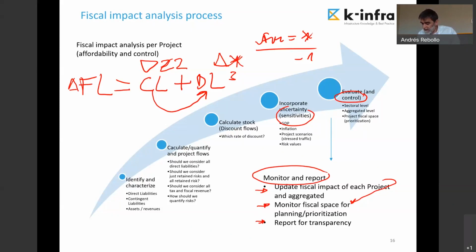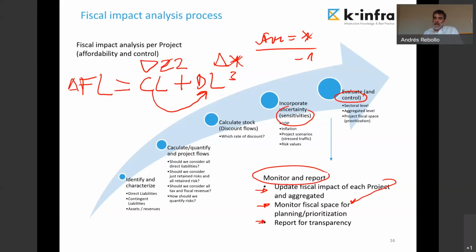Cassandra is asking, and this is the last one that I have here in my list. So if there are more questions, Sophia, you can bring me those questions, okay? Cassandra is asking, can you explain why it can be advisable to use the weighted average cost of capital as the rate of discount? Yes,